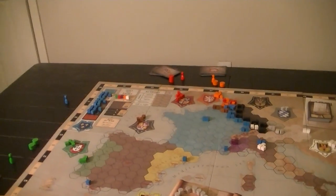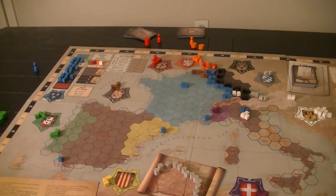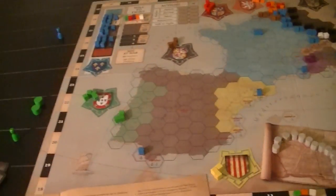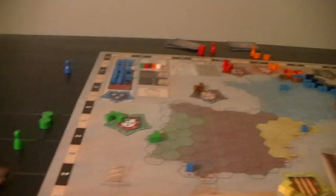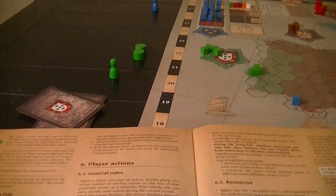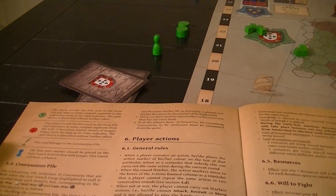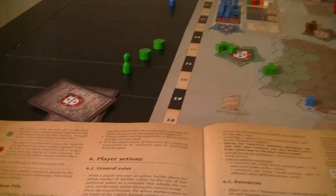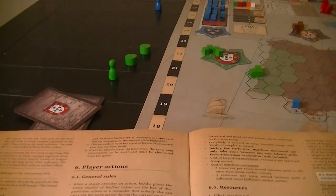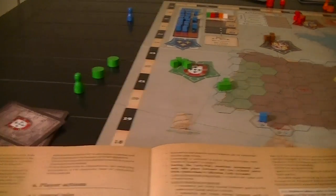When you actually do a concessions event, you shuffle the pile. Five of them are placed on the board on the normal turn order location. And then in decreasing order of the will to fight, each player chooses a concession and puts their turn marker on it, just like they're picking their actions. If two or more people are at the same level, essentially the priority goes to whoever has the more occupied